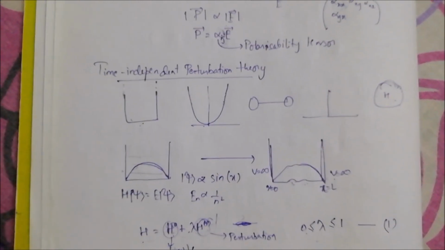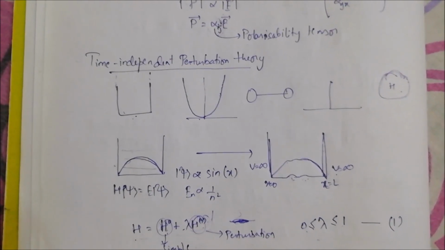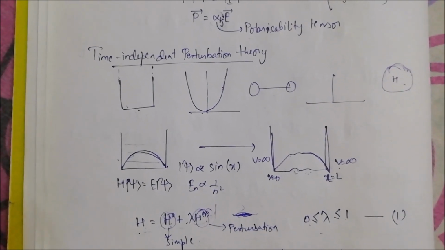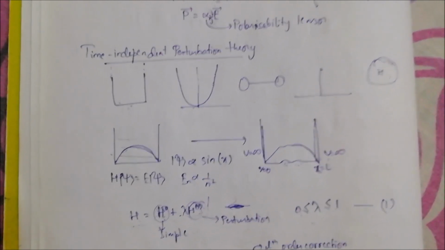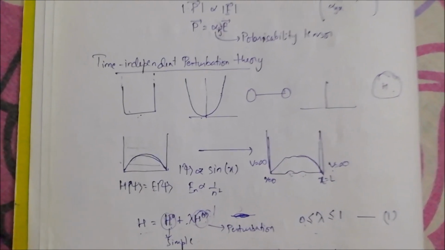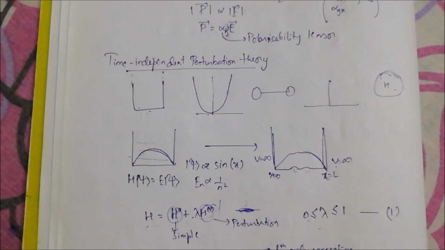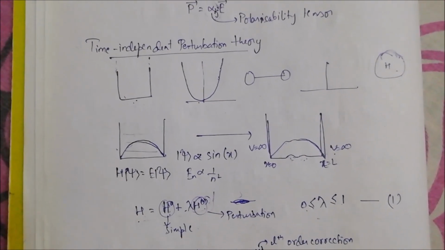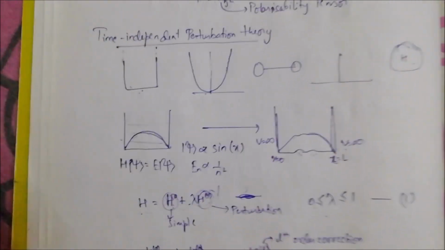So you take help of many different approximations to wave functions or potentials to get a reasonable solution for a given problem, a given problem meaning a given Hamiltonian. One of those methods is time independent perturbation theory. This theory works if you have an ideal system of which you know the solutions for the Schrodinger equation, and you apply a small perturbation to it.